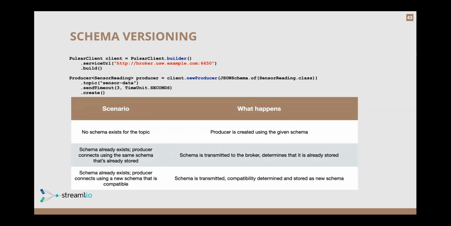If the schema already exists, then it tries to use that same schema. If not, it might throw an exception, or it would determine whether it's compatible and allow you to use that schema or not. So it's basically some sort of type safety. In a distributed messaging system, it's basically the only way we have to make sure that the data looks like what it's supposed to look like, from both the producer perspective and the consumer perspective.